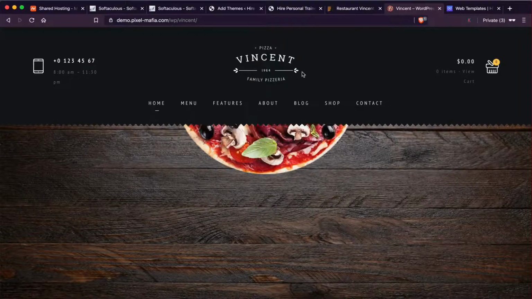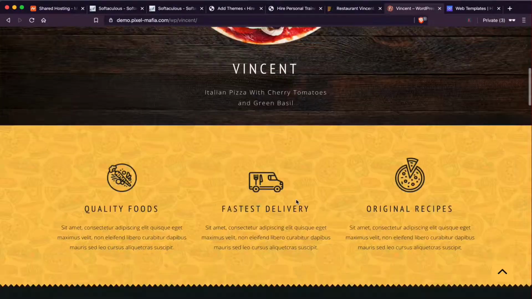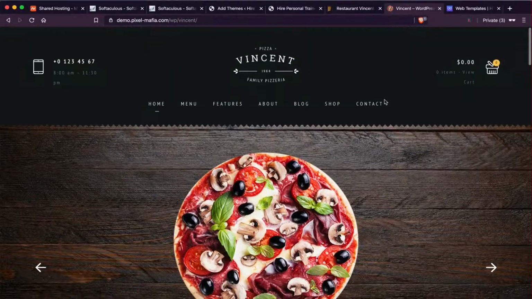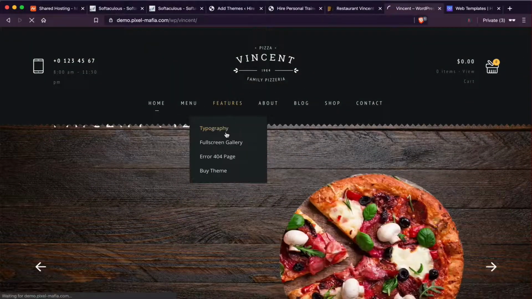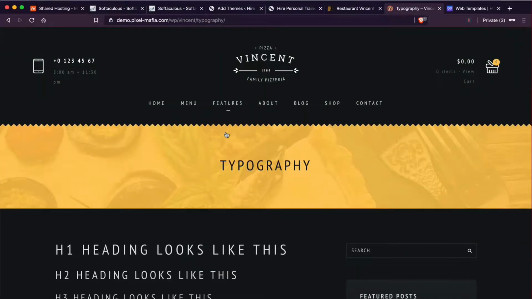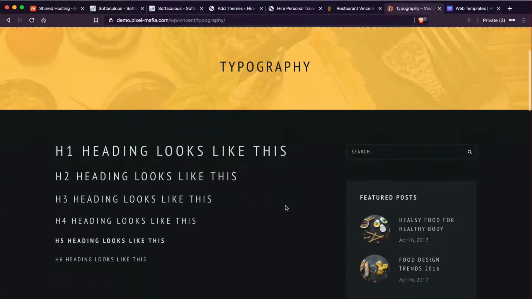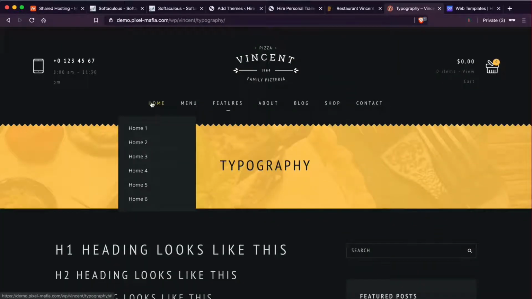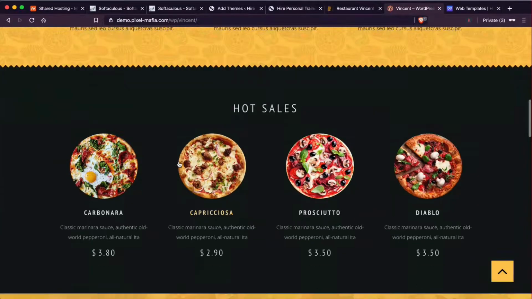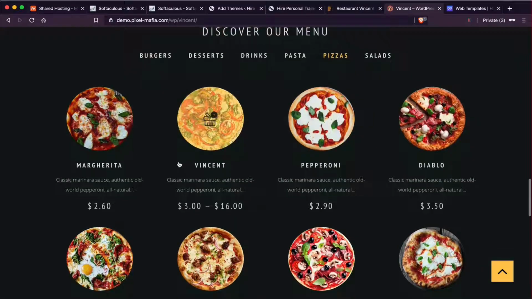So if we install this theme on our website, this is what our website is going to look like. It's really cool, it looks really nice. But the reason I don't like themes, guys, and the reason why we're not going to be installing any premium themes in this tutorial, is because, first of all, themes kind of limit you in a way. If you really like this theme and you want your website to look exactly like this, then you can go ahead and purchase it and just install it on your